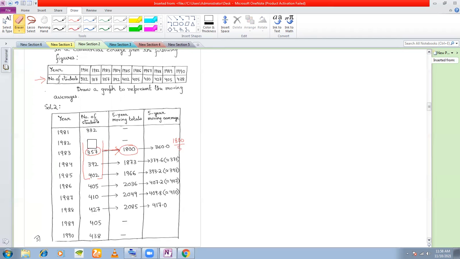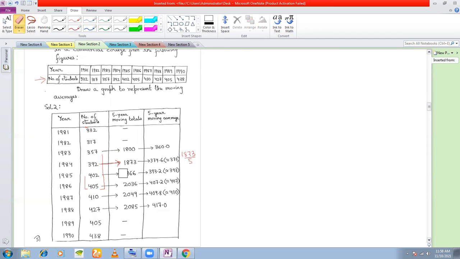For the next moving total value, you remove the first value, do not consider the first value, and then from the second value you take the next 5. The center is now this, against 392. So you write the total here and you calculate the average here. 118,073 divided by 5 will give you 374.6, which is approximately equal to 375, so that it is convenient to plot.